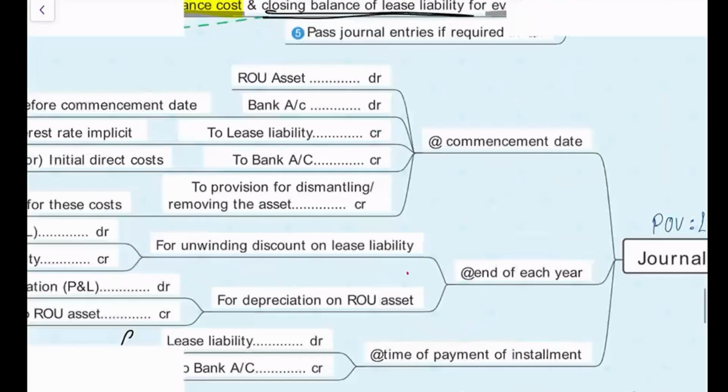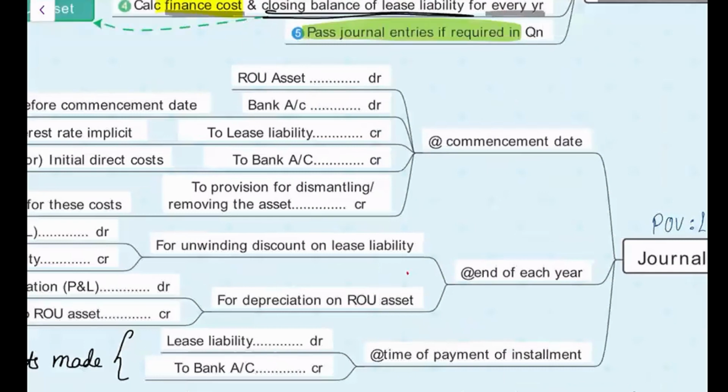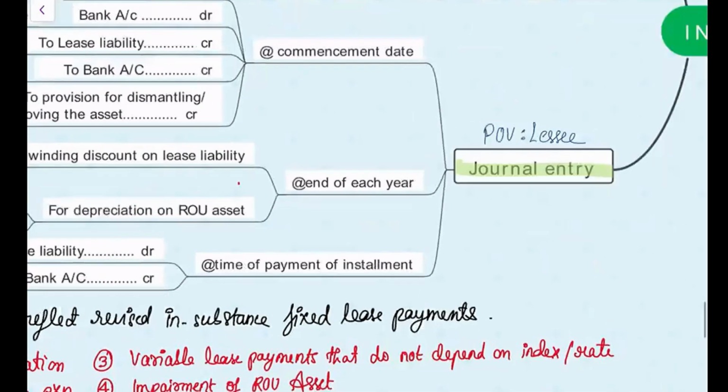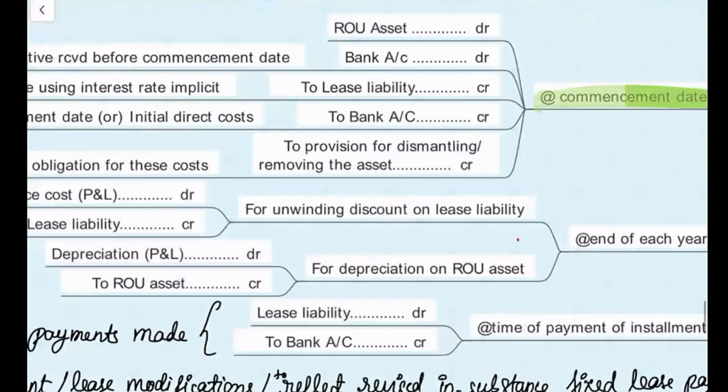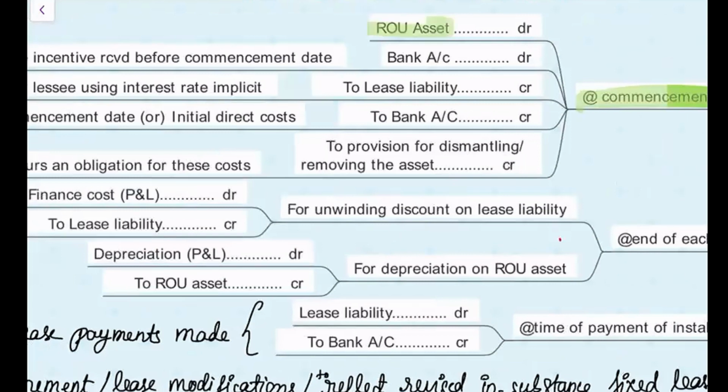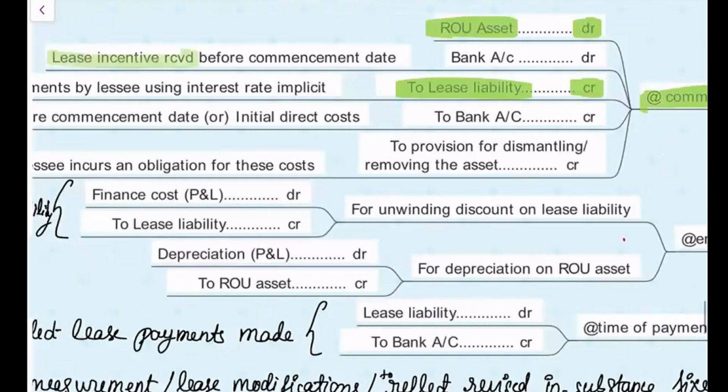The fifth step is, if a question is asked to you to pass any journal entries, you can pass that. Okay. So now what will the journal entries be like? At the commencement date, what is the journal entry you are going to pass? You have to record the asset in your books. So ROU asset account debit, and record the liability in the books, to lease liability. Then, if at the commencement date or before the commencement date itself you have received any lease incentive, meaning money from the lessor,